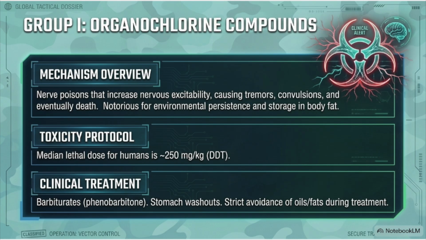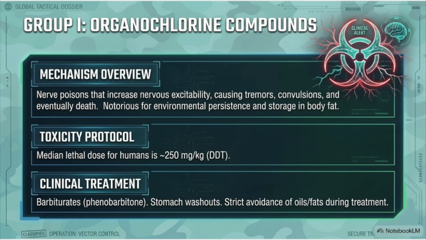Let us examine Group 1, organochlorine compounds, in more detail. Their mechanism involves nerve poisons that increase nervous excitability, causing tremors, convulsions, and eventually death. And they are notorious for environmental persistence and storage in body fat. The median lethal dose for humans is approximately 250 mg per kilogram for DDT. In terms of clinical treatment, barbiturates such as phenobarbital are used, along with stomach washouts, and strict avoidance of oils